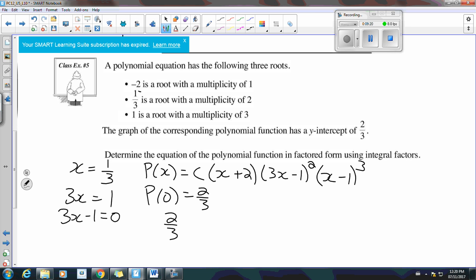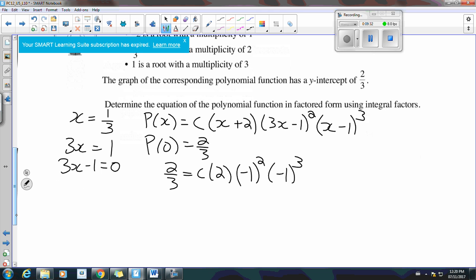So 2/3 equals c times (0 + 2) times (0 - 1) squared times (0 - 1) cubed. So this is 2/3 equals -2c. Dividing both sides by -2, we get that c is -1/3. Putting it back into our factored form,